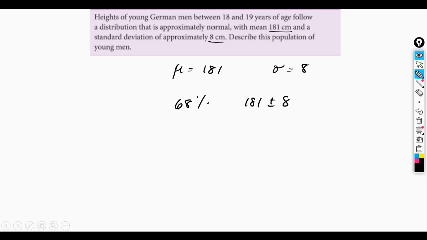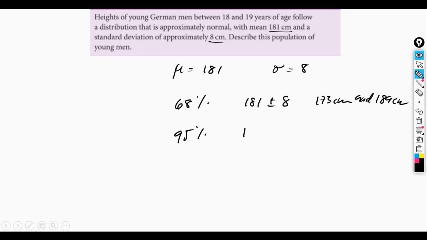So that means that they would be between 181 minus 8, which is 173 centimeters, and 189 centimeters. We would also know that 95%